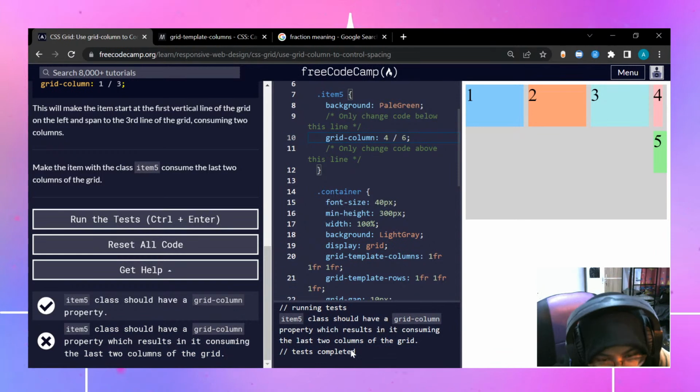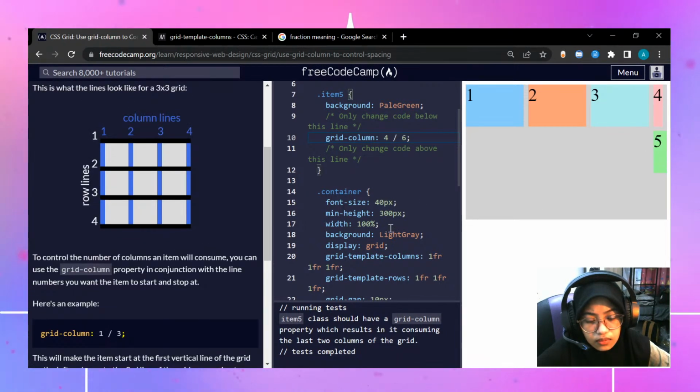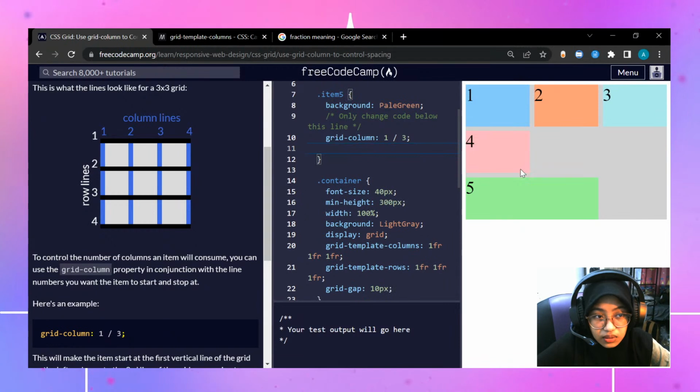What? Plans should have a grid column property which results in containing the last 2 columns of the grid. It's 1. Wait. Like 1, 2, 3 should be here, right? How's the logic? I don't understand. Oh, 1, 2, 3, 4. Oh my god. So the last 2 is 2 to 4. Then